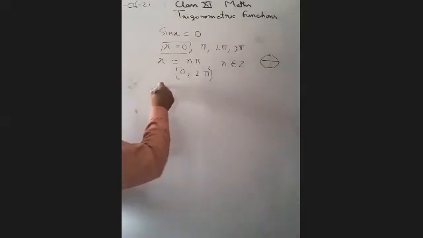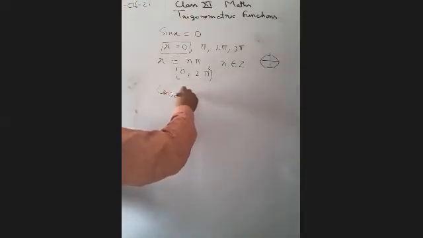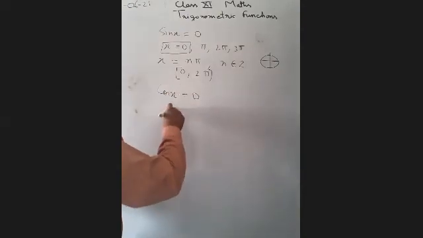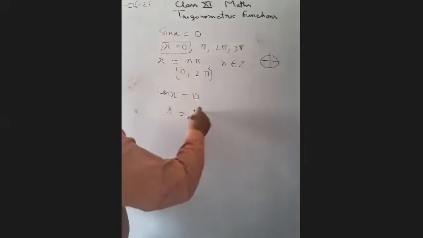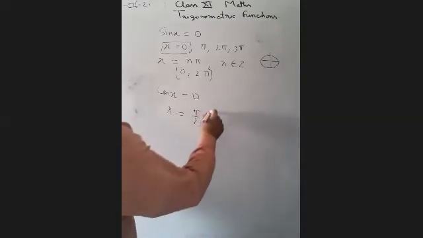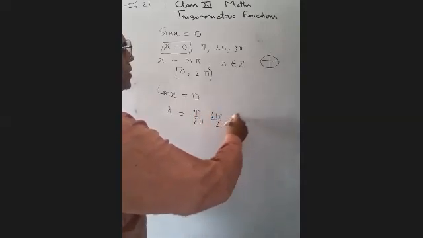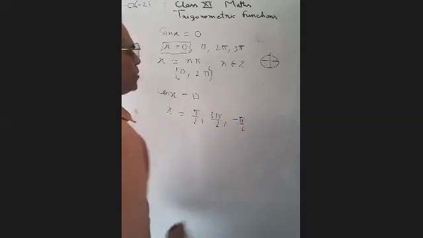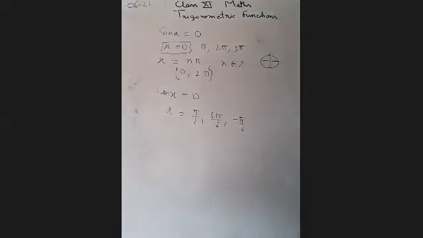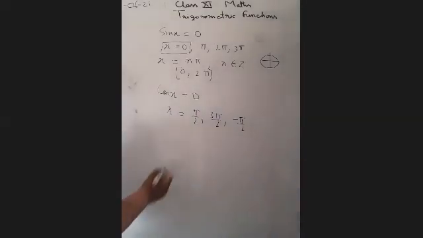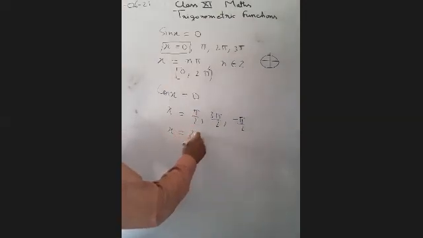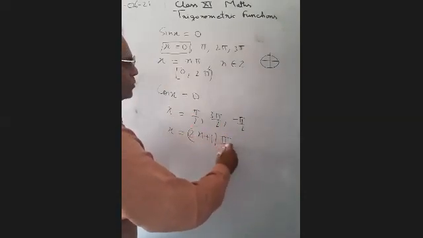Similarly, you can observe that cos x is equal to 0. If cos x is equal to 0, then x should be 90 degrees, which means pi by 2. It may be 3 pi by 2 also, and minus pi by 2, minus 3 pi by 2 also. There will be infinite solutions. If we write in general terms, x is equal to pi by 2, we can write in terms of n, (2n plus 1) pi by 2, that is, an odd multiple of pi by 2.